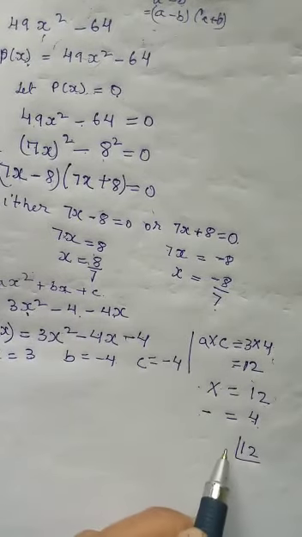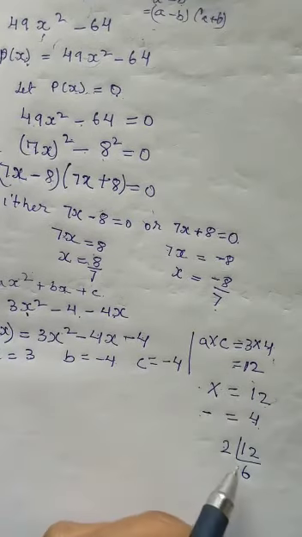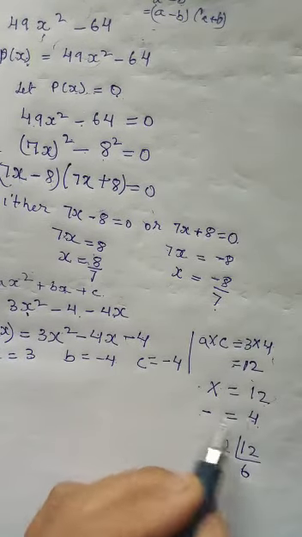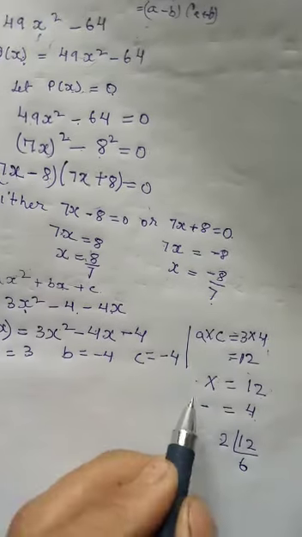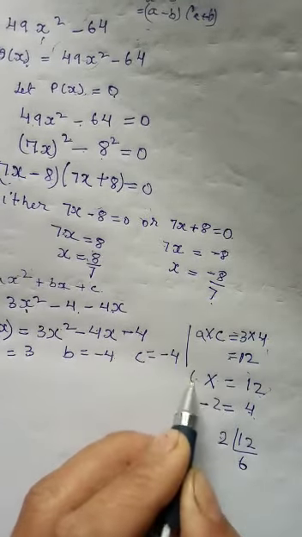Okay, 12 is an even number, so we can divide by 2. 2 into what will be 12? 2 into 6 will be 12. Then 6 minus 2, how much? We have 4. So you could have many numbers, but we should take only the one which satisfies both,